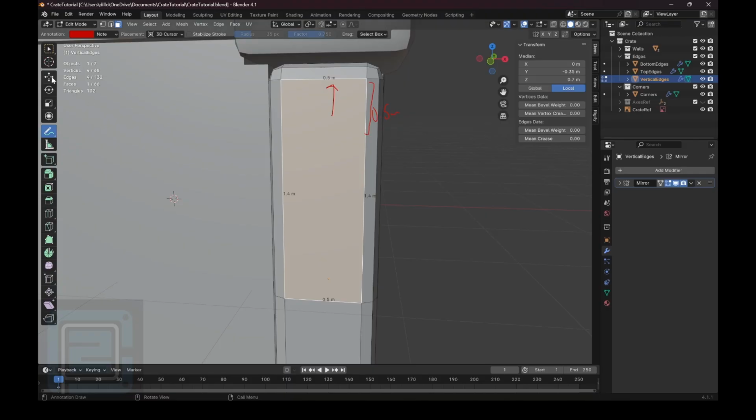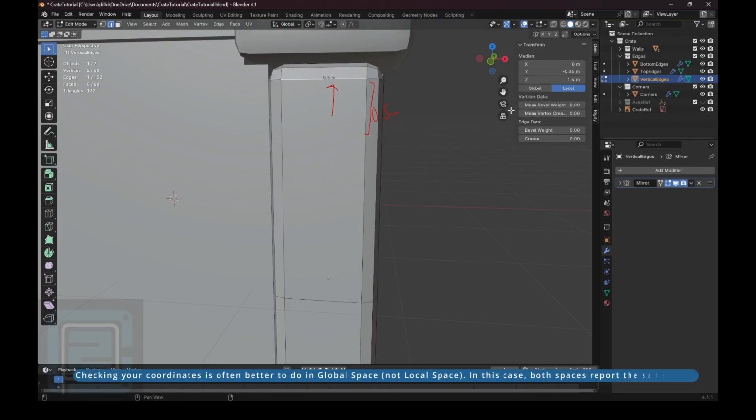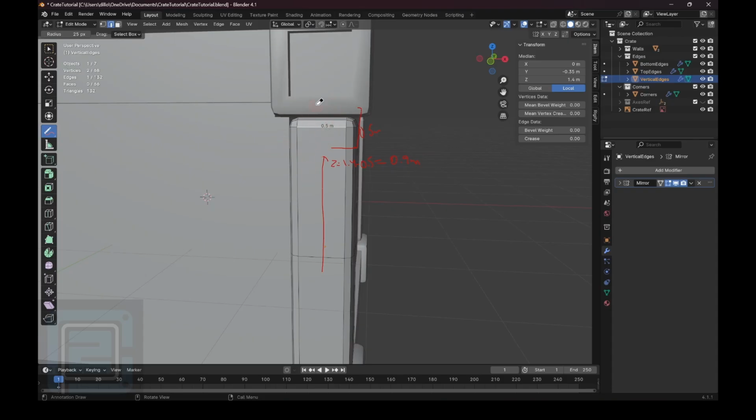Now, another thing about this is that if I look at this specific edge in edge select mode, my Z coordinate is 1.4 meters. So if I want this height to be 0.5, this edge should go up to be Z, well, 1.4 minus 0.5. That's going to give me 0.9 meters. So I want this edge to be at that 0.9 meter mark. Okay, so with that in mind,